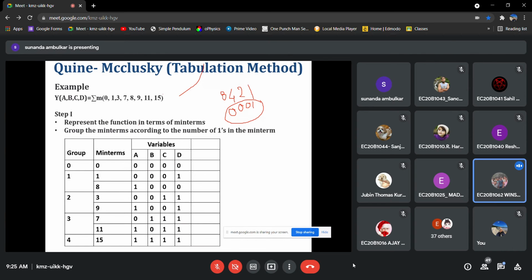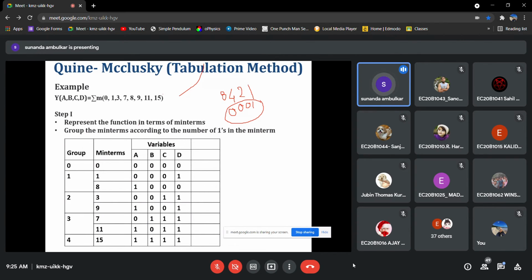So why can't I put 0, 0, 1, 0 in group 1? Group 1 has one 1. We can take 0, 0, 1, 0, but which min term does 0, 0, 1, 0 represent? Tell me. 2.